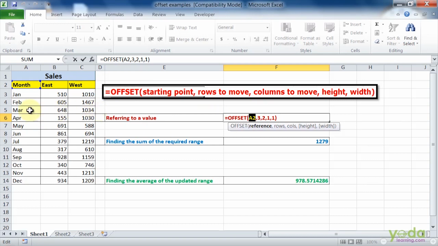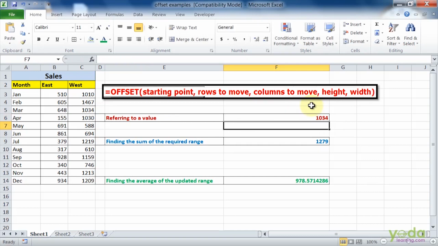Moving 3 rows below will give me March as the output, and moving 2 columns ahead will give me the value 1034. The height and the width is 1. So here it will give me the value 1034.